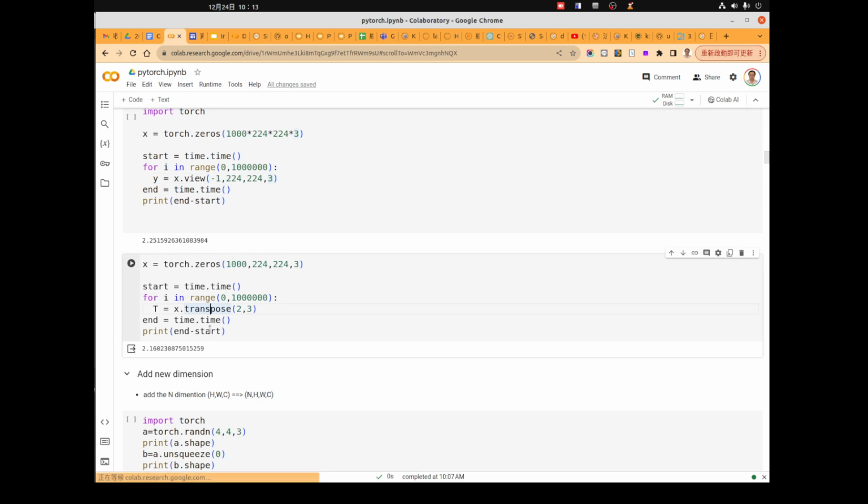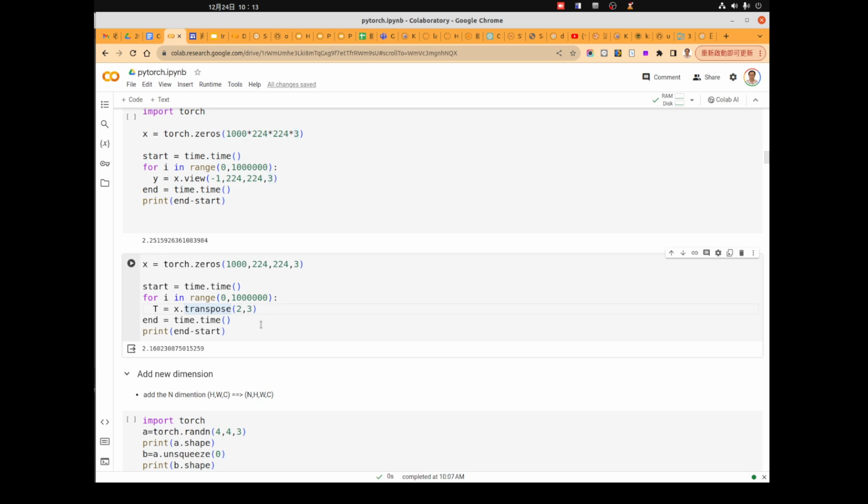And for the transpose, you just set an array of the order of the dimensions. Initially the order of the dimensions will be 0, 1, 2, 3. If we swap 2 and 3, the array will change accordingly.